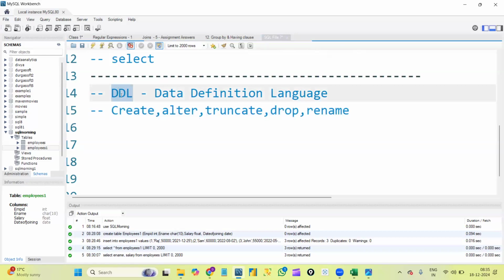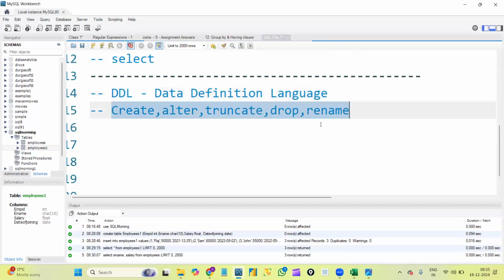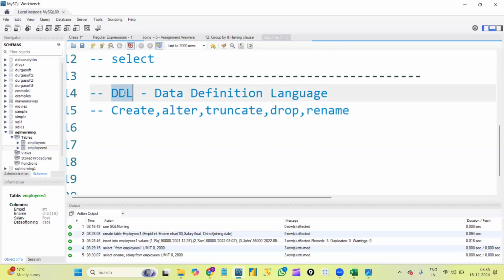So I'm saying data definition language. Okay, all the commands that come under DDL, all 5 commands, deal with the structure of the data. Okay, all the commands which come under DDL basically